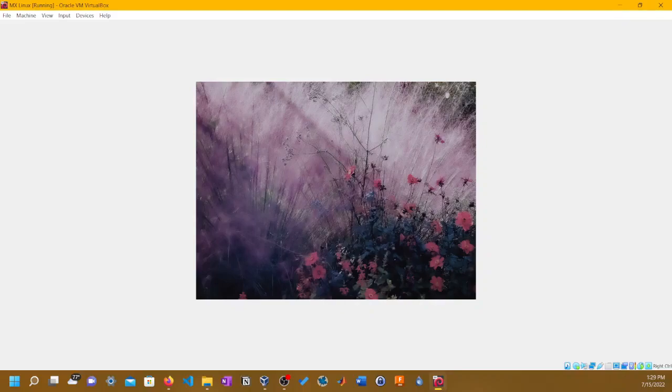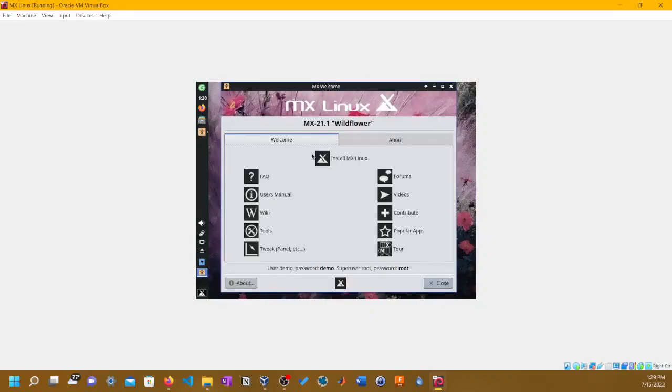I actually discovered MX Linux is the most popular Linux distribution among Linux users. You know what's even cooler? It's derived from Mepis. So Linux Mepis. And when Mepis died out, some people took the code and made their own distro. So two distros came out of Mepis. One was MX Linux, the one you see here, and the other one is Anti-X.